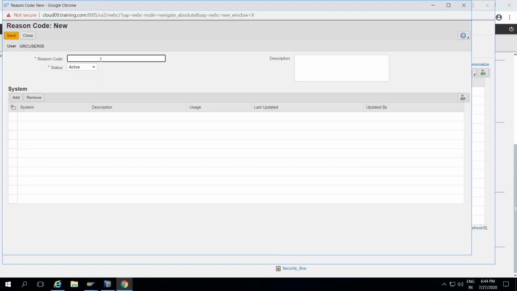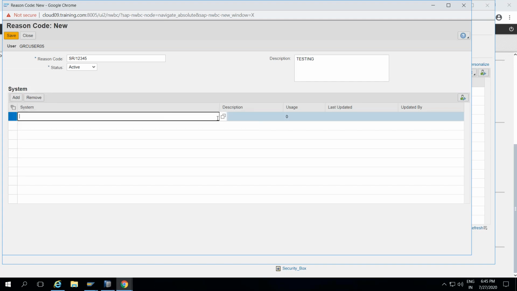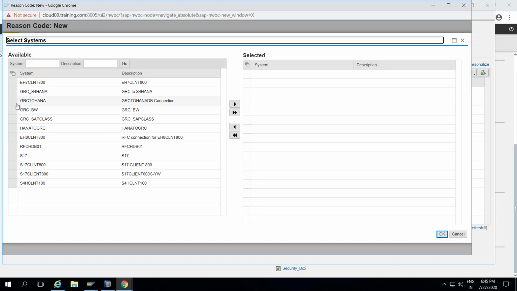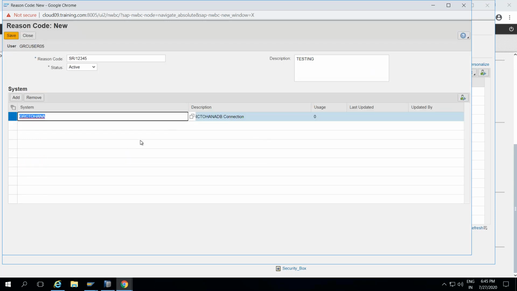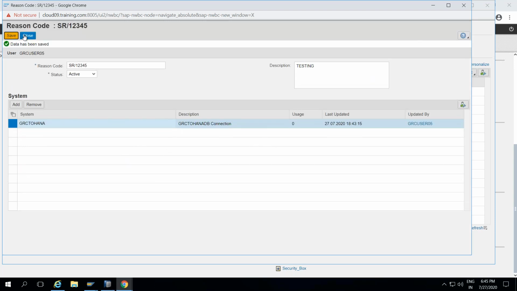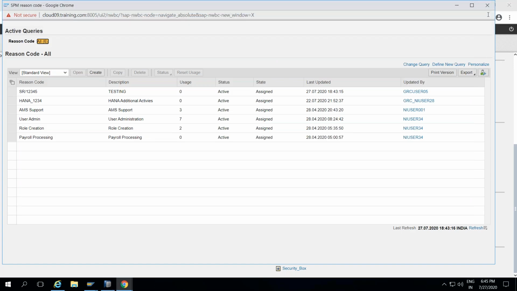So I'm taking some instance numbers, like 1, 2, 3, 4. I'll just select it for activated, and just here you can mention it. Login testing purpose, for doing additional activities. So give the system detail, GRC2 HANA DB, and the RFC connection we gave, select it, just click on save it. So these are the overall configuration.